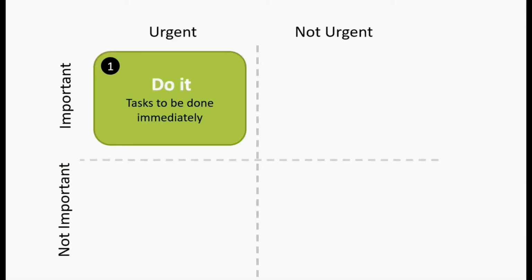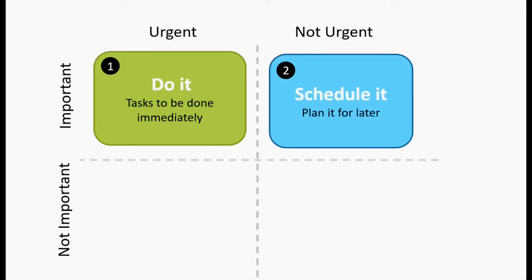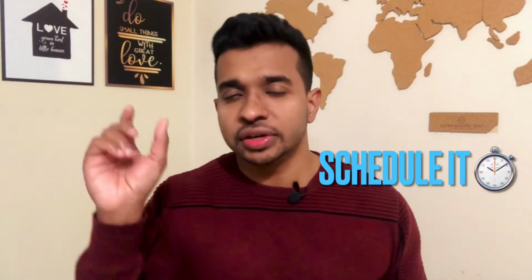Coming to the second quadrant, it is for tasks that are important but not urgent. These are the tasks that actually help you develop, and you need to spend a lot of time on them, because they help you develop as a person. They are very important because they help you grow and achieve the results that you've been thinking of. But oftentimes we just keep them there. We know they're there and we don't assign them a schedule. So these are the tasks that you need to schedule. That's why it's written schedule.